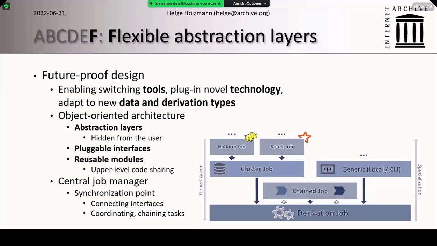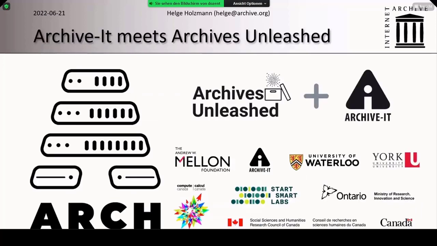So these are the 6 objectives we had, and with that, we came up with a platform that's called Arch, and Arch is basically a joint work of Archive-It, that's our web archiving subscription service. I'm sure many of you know about it, together with the people from Archives Unleashed. Archives Unleashed is probably also known by some of you already, that came out of university. It was an academic prototype project for exactly such a platform, and we now teamed up for the second phase